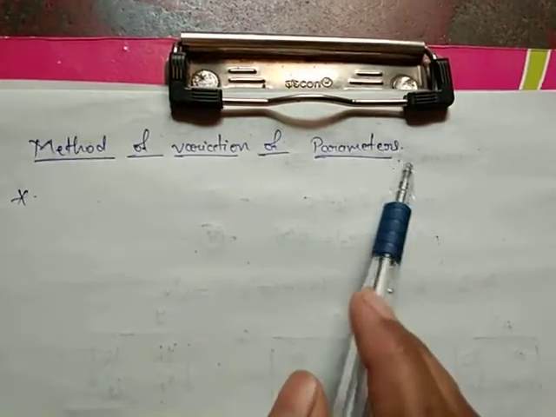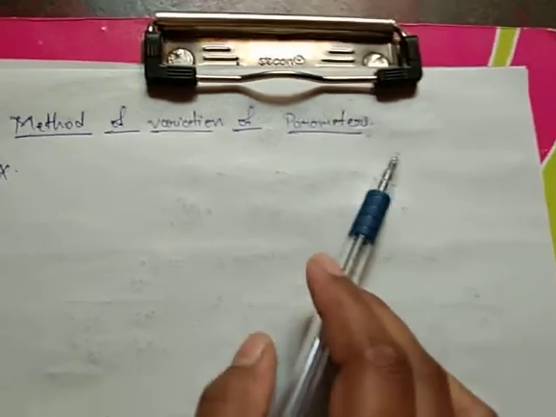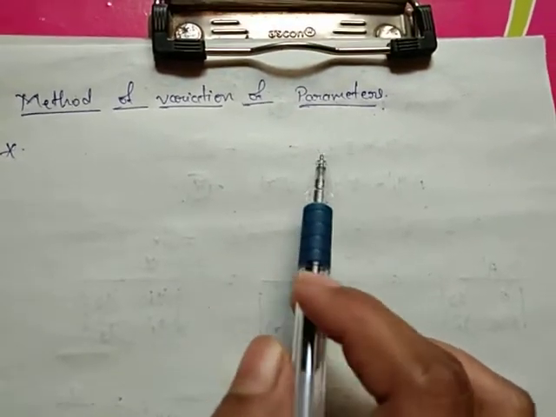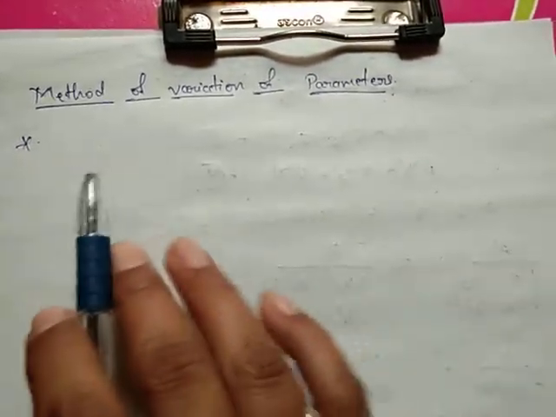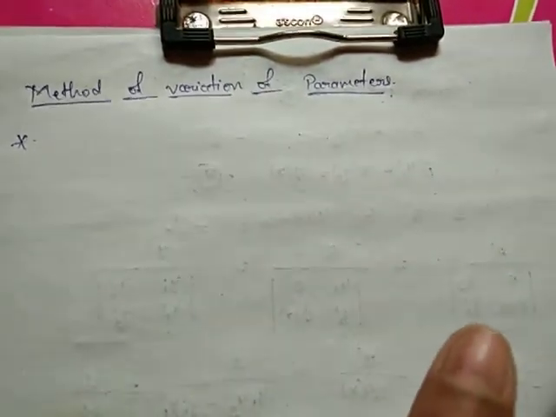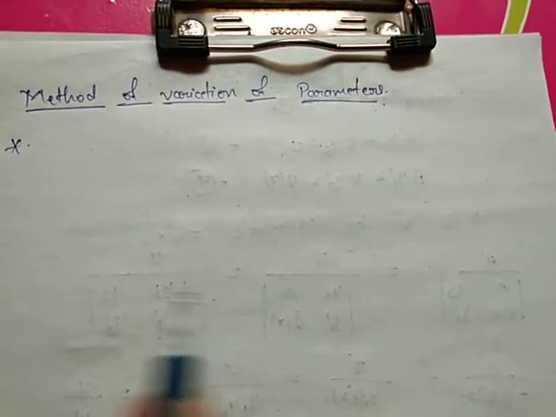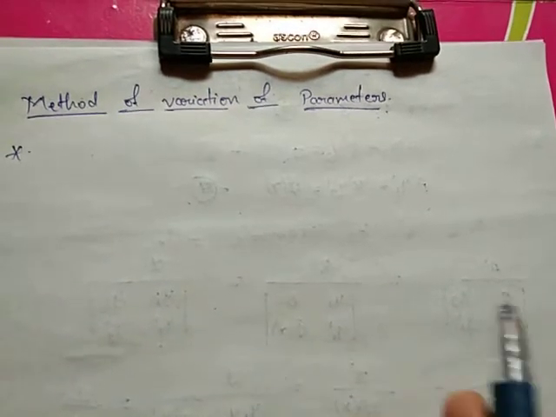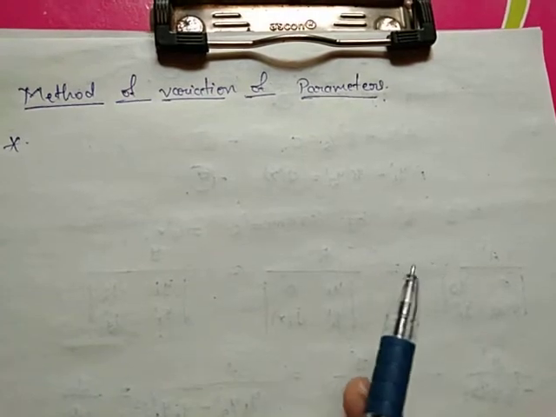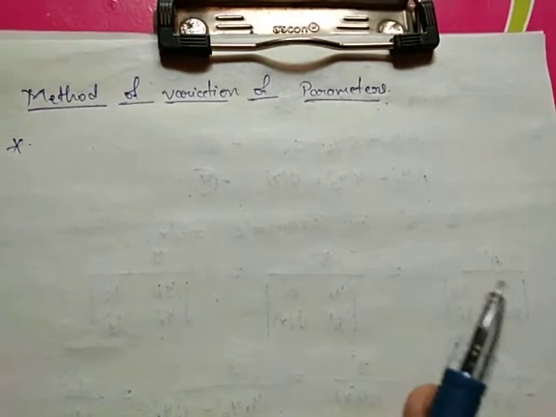Discussing the method of variation of parameters. So this method will be purely used to find the solution of differential equations which have no restriction on the RHS value. As we discussed in the previous examples, there are some restrictions on the RHS, so those are called specific forms of the RHS. Those can only be solved in that way,